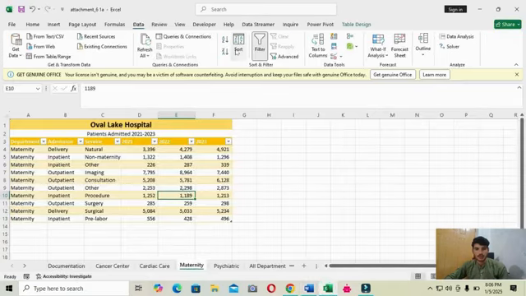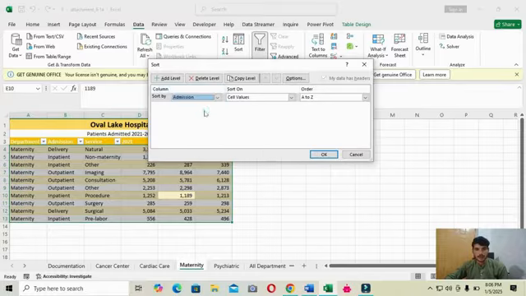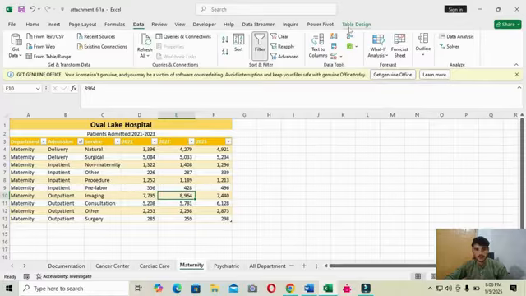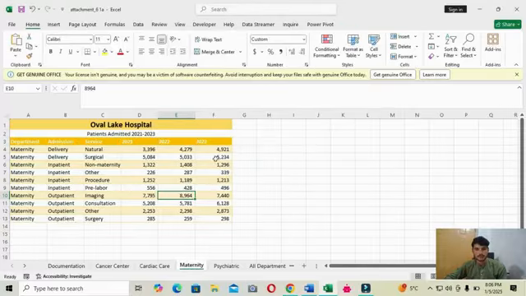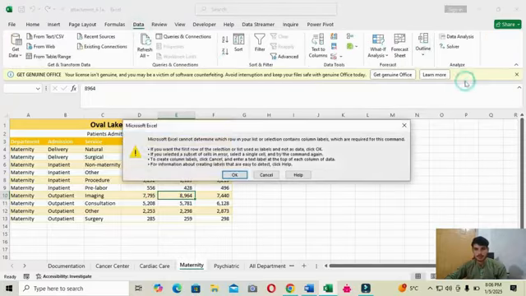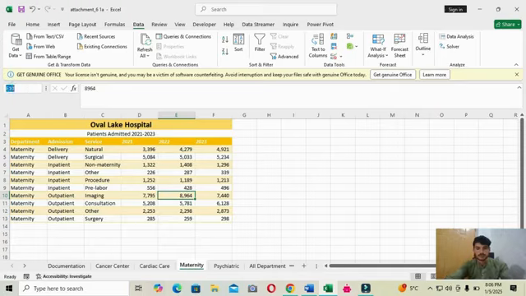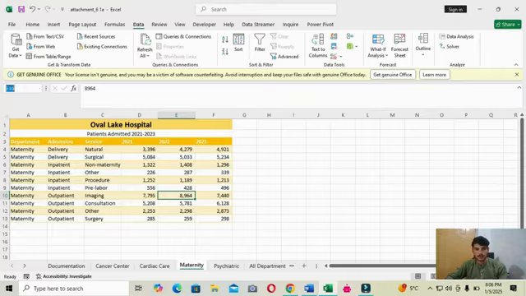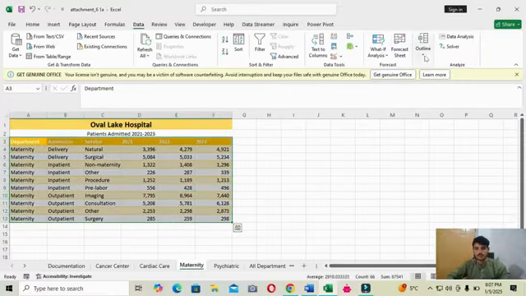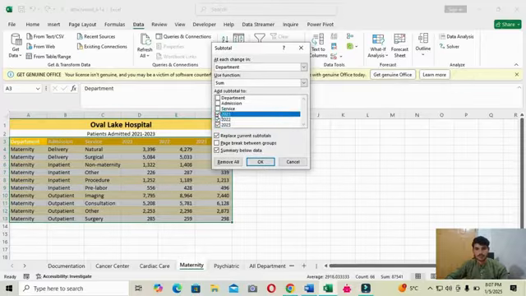Go to the Data tab and click Sort and then select the admission field and then click OK and go to the Table Design tab and go to the Data tab and click Subtotal and use the Sum function and click